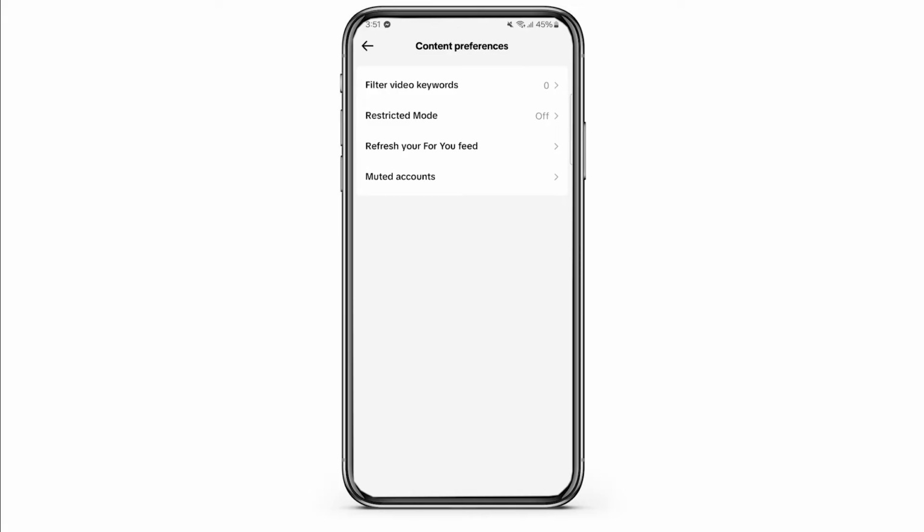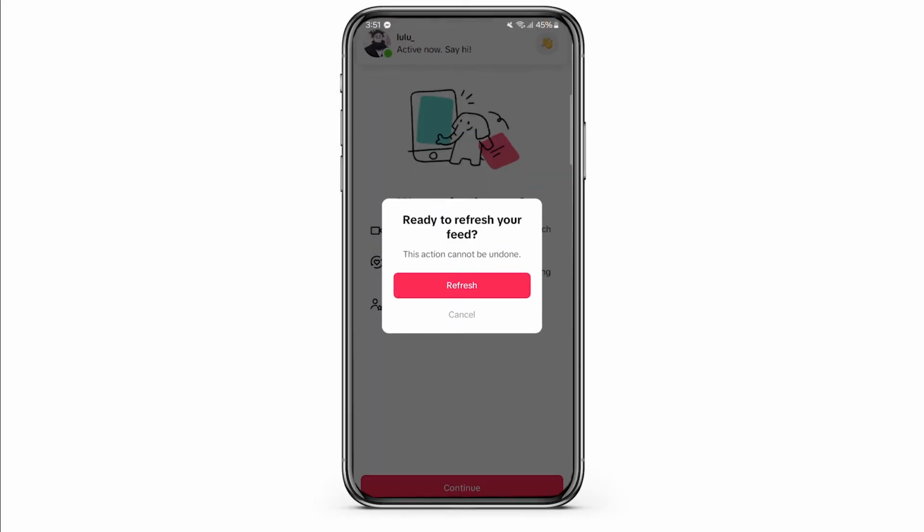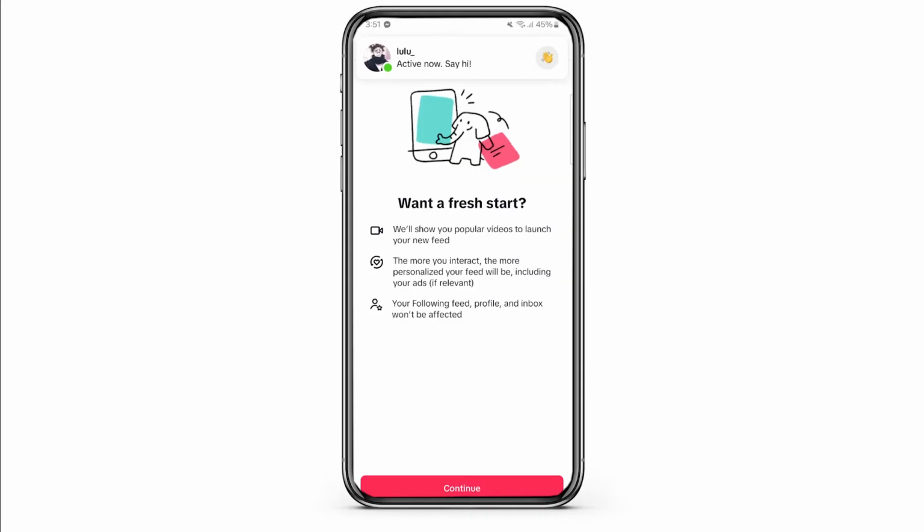Here you will see options such as Filter Video Keywords, Restricted Mode, Refresh Your For You feed, Muted Accounts. Click on the third option, which is Refresh Your For You feed. Then this page will open. Here you can read the description to know more about refreshing your For You feed. After you are done, click on Continue and click on Refresh. Now your For You feed will be refreshed and a set of new videos will be shown to you in